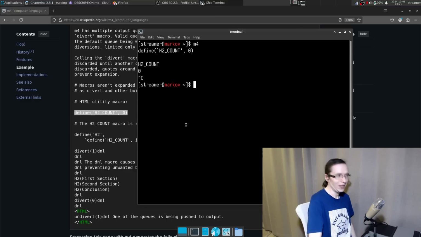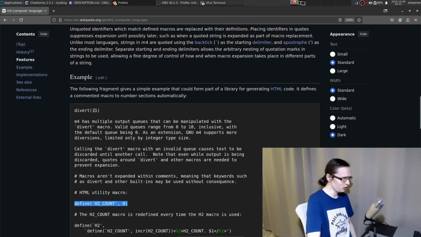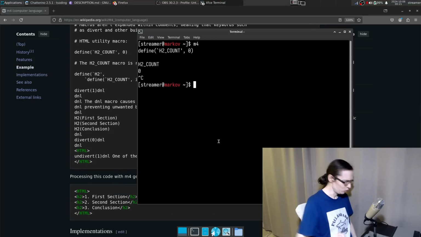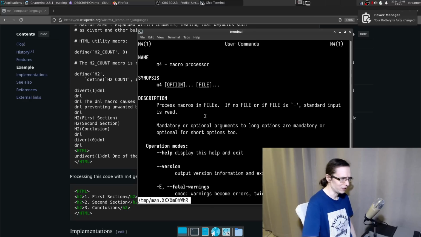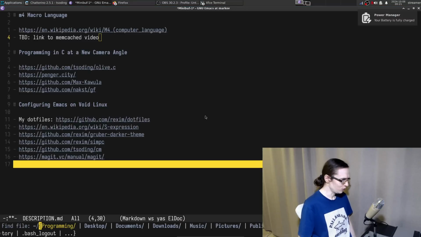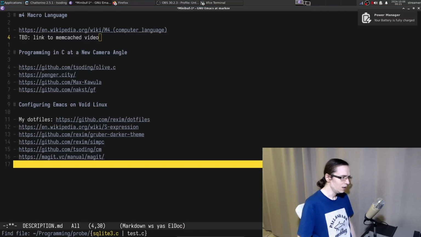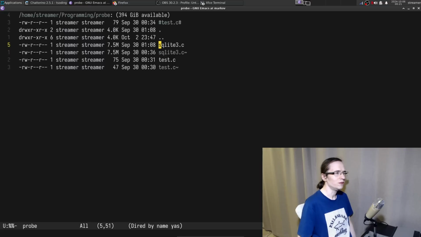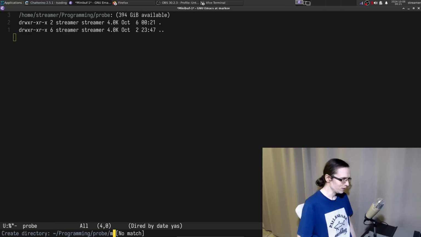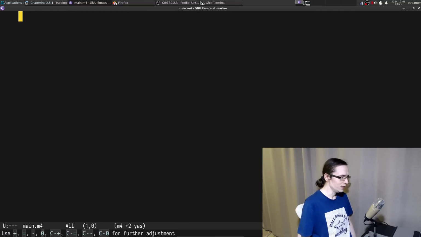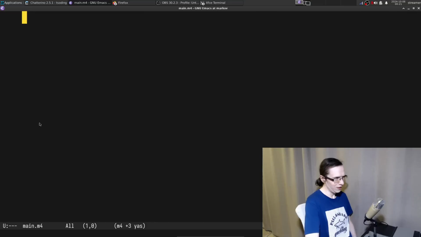All right, so we have that. But I wonder if I put some of that stuff to a file, how do you work with that? So M4, it does in fact accept a file, right? So maybe we can actually just create some sort of a thing in here. So it's going to be program, probe, right? So we probe in some stuff in here. So this is garbage. I want to actually remove that. So we don't care about it. M4. And in here, as far as I know, you literally use the M4 extension. So Emacs being an old-ass editor, it does have a highlight for an old-ass macro system. So it all makes sense.